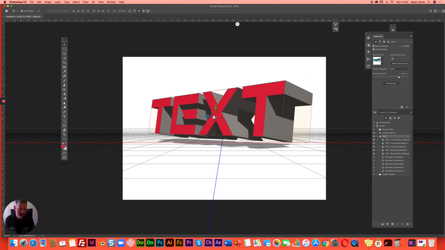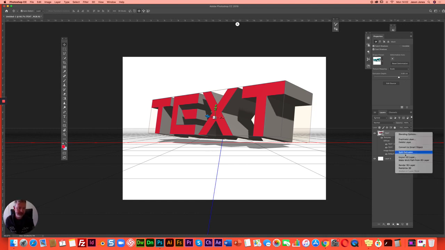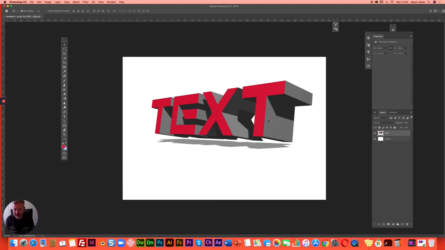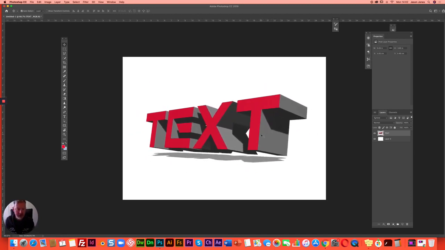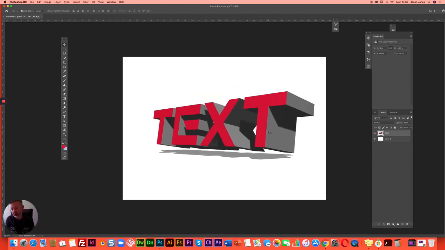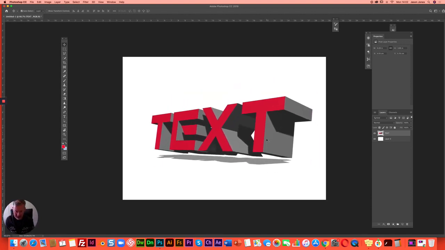So I need to locate the layers panel here and then control click on the layers panel, and then it's very important that you rasterize 3D, not render. You don't need to render it at this stage. Just rasterize 3D layer. So instantly it gives you the text essentially as an image or an object within the page